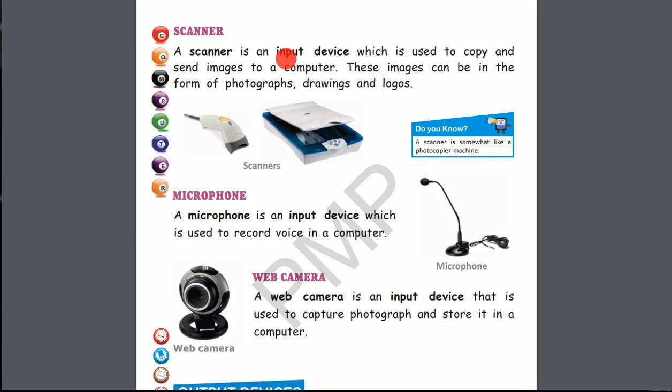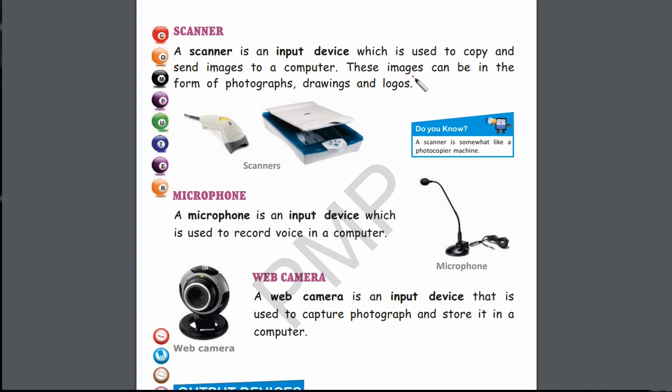Scanner is an input device which is used to copy and send images to a computer. We know what an input device is: something that is used to input data or information. These images can be in the form of photographs, drawings and logos, okay?